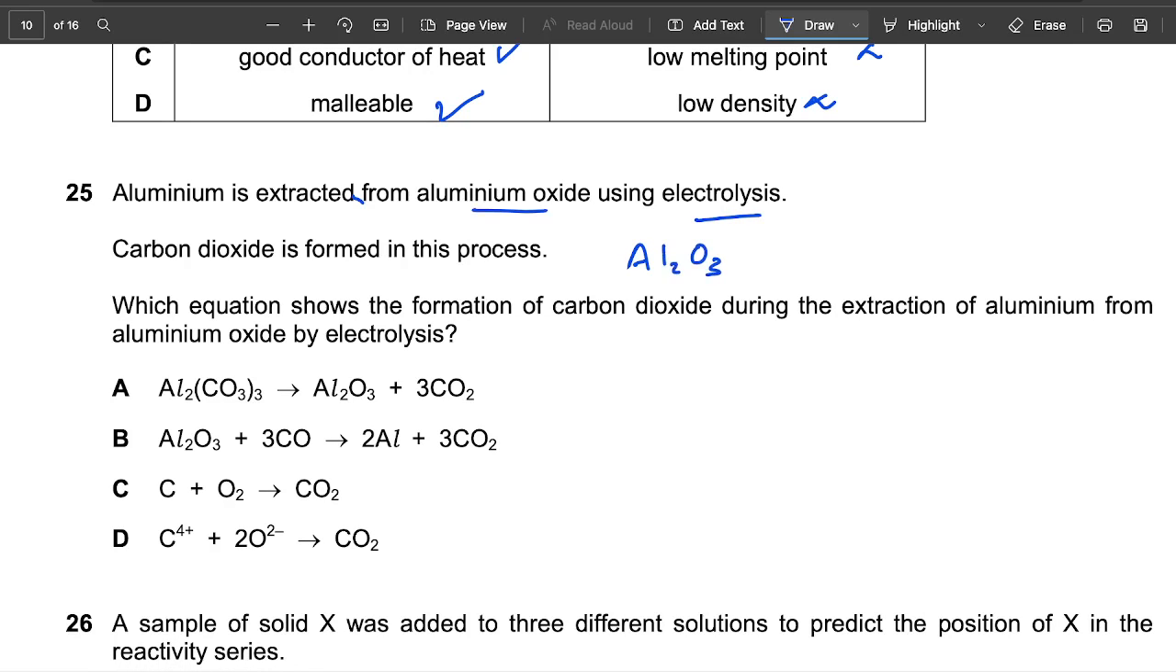Al2O3 is what aluminium oxide is. Carbon dioxide is formed in the process. Which equation shows the formation of carbon dioxide during the extraction of aluminium? Okay, so we know Al2O3